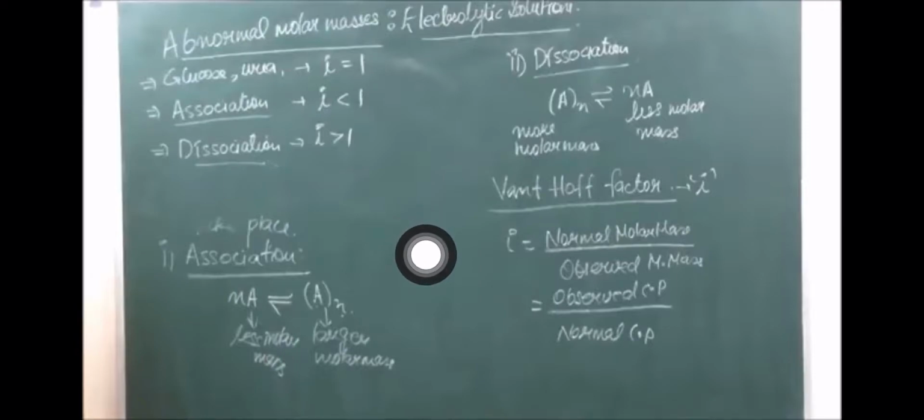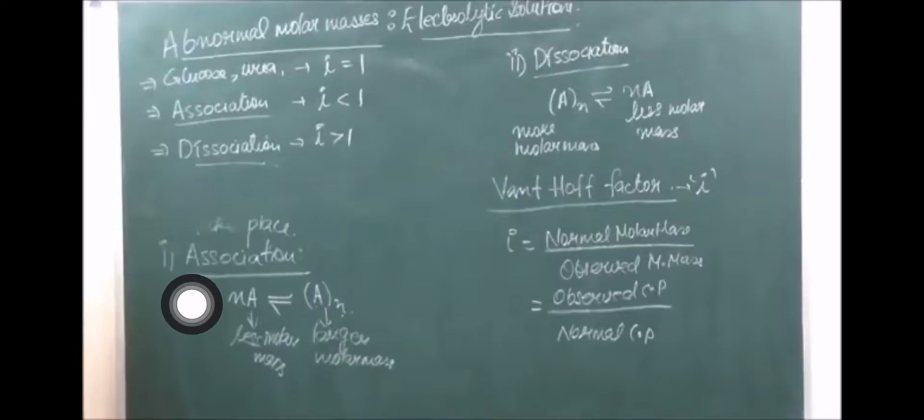Generally, if we are taking a solution, that is sugar or NaCl in water, what will happen? Definitely when we are adding NaCl, it will get dissociated into Na plus and Cl minus, right? There are a few components which will get associated also, right? So definitely we are not going to get the exact value of molar masses as it should be, and that's why it is known as abnormal masses. So let us see how this abnormality comes and how it is associated.